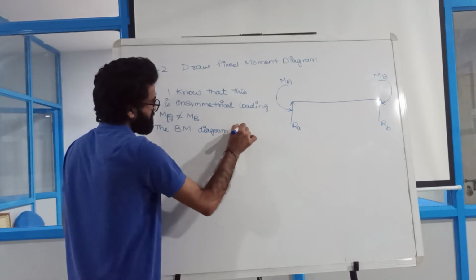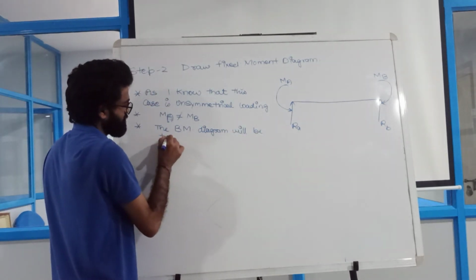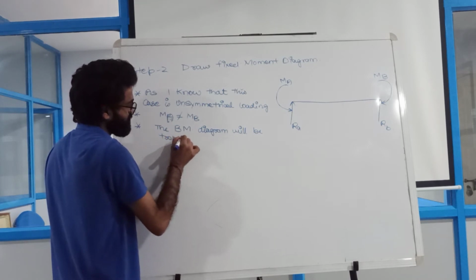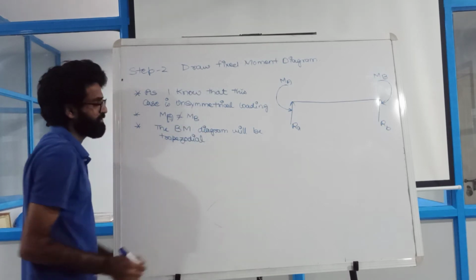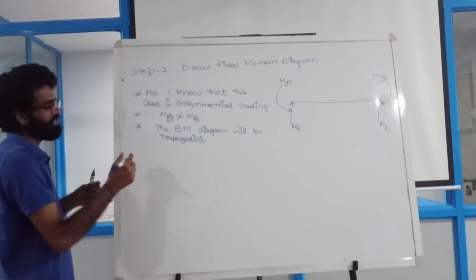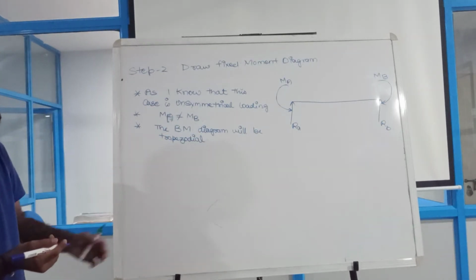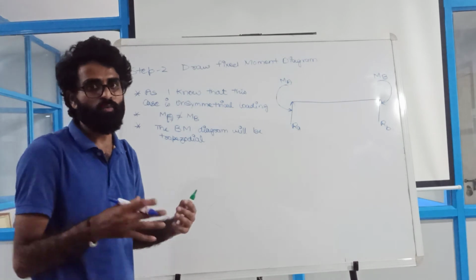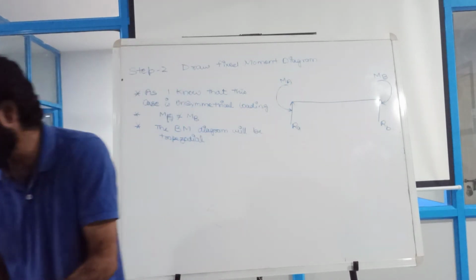trapezoid, right? So the bending moment diagram will also come out trapezoidal, and if I solve this particularly, then the bending moment value will come out negative. If you don't want to calculate, you can also see it, for example, if I have a